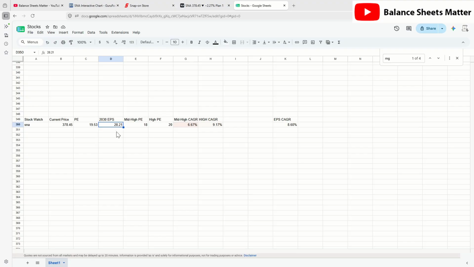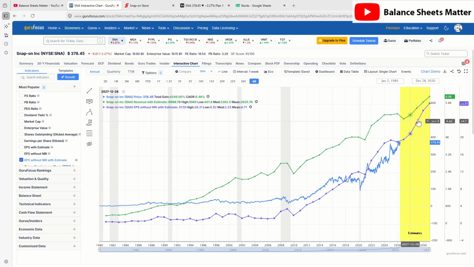So if we take this EPS estimate of $28 right now, that would imply an 8.6% EPS growth per year. And before I get into these numbers and the PE, let's jump back to here. But I'll just say that based on what we looked at previously, achieving an 8.6% EPS growth